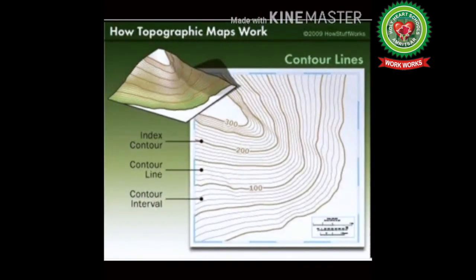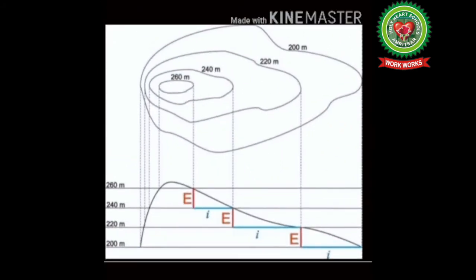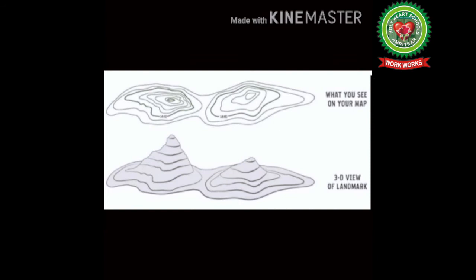Students, the method of showing the relief with the help of contours is one of the most accurate and standard methods. It is an imaginary line which joins the points or places having the same height above the mean sea level. In other words, a contour is a line of constant height above the mean sea level. The contours are drawn on the basis of actual surveys done in the field. The difference between the values of any two successive contours is known as the contour interval or the vertical interval. The vertical interval is usually constant on a map.